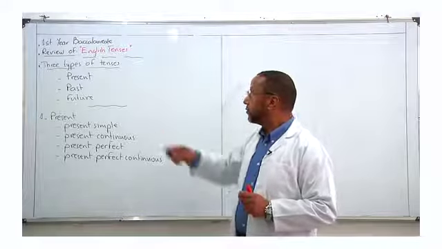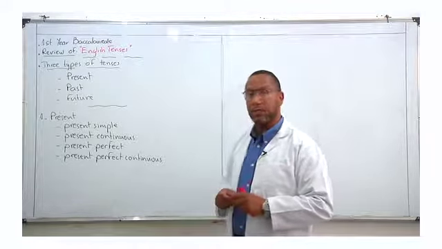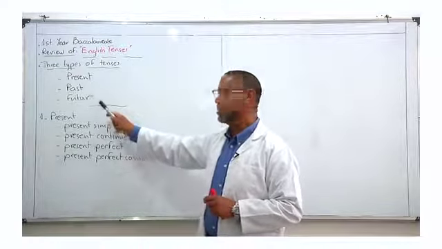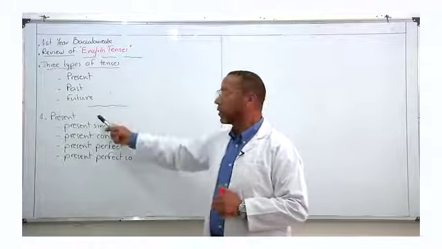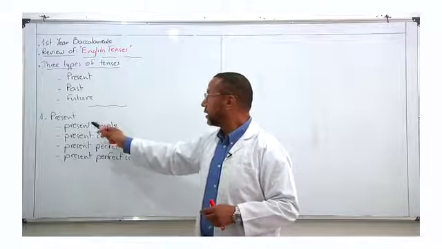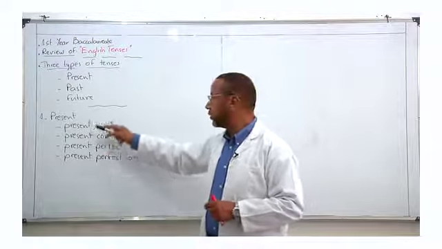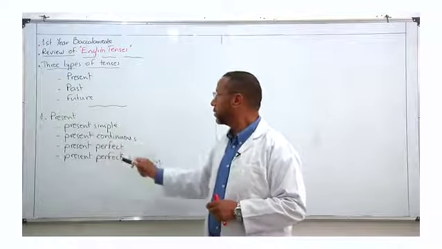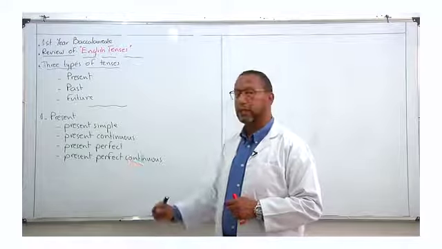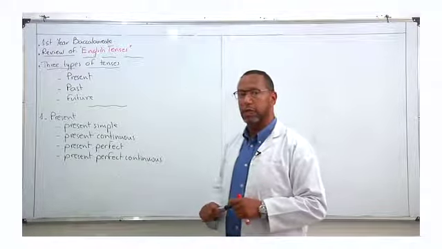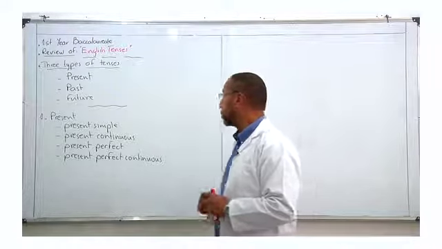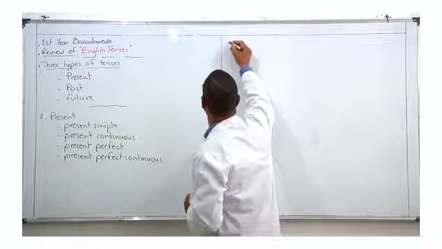As you can see, the English tenses can be divided into three parts: present, past, future. We're going to start first with the present tense. The present tense is also subdivided into four parts: present simple, present continuous, present perfect, and present perfect continuous. For present simple, as I'm going to show in these examples,